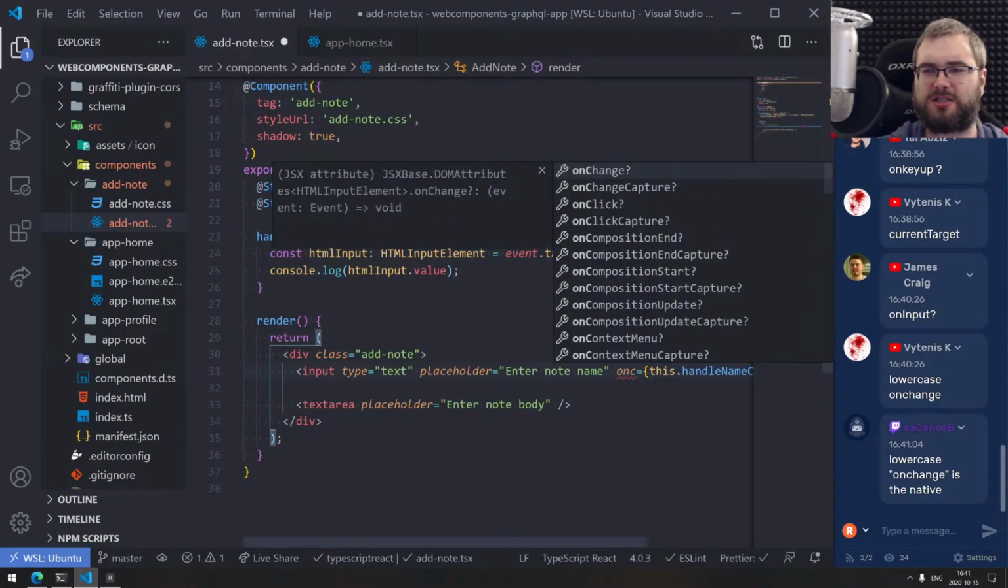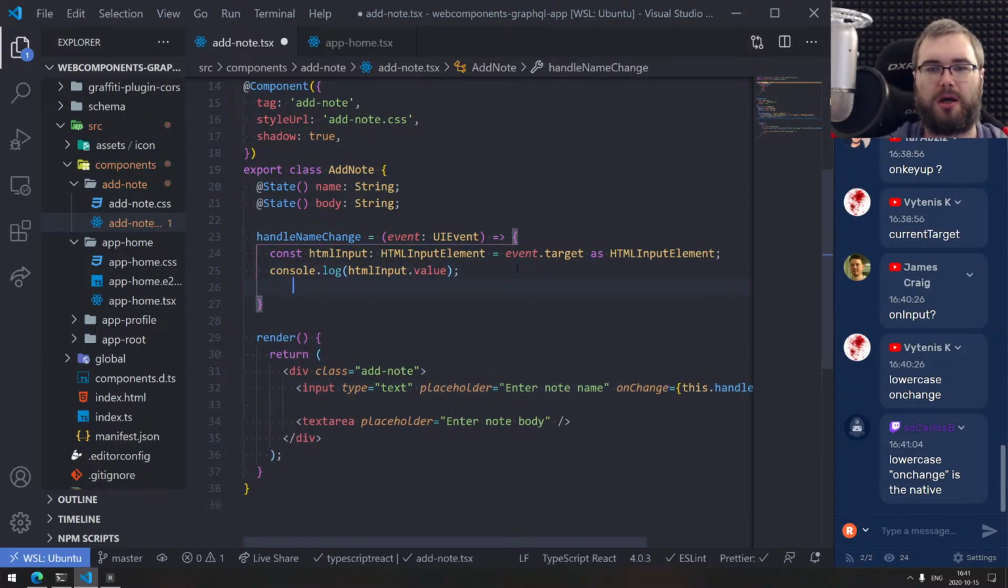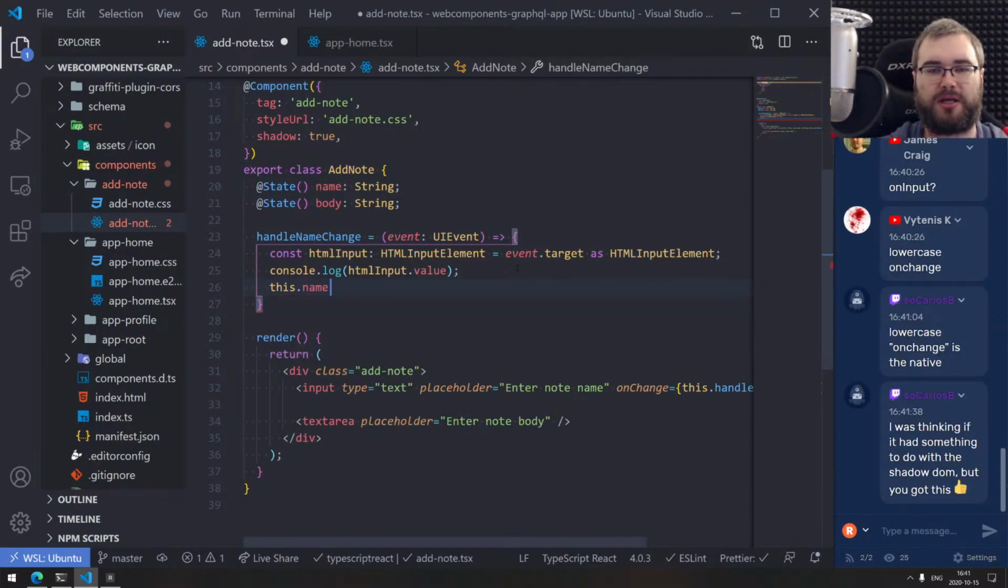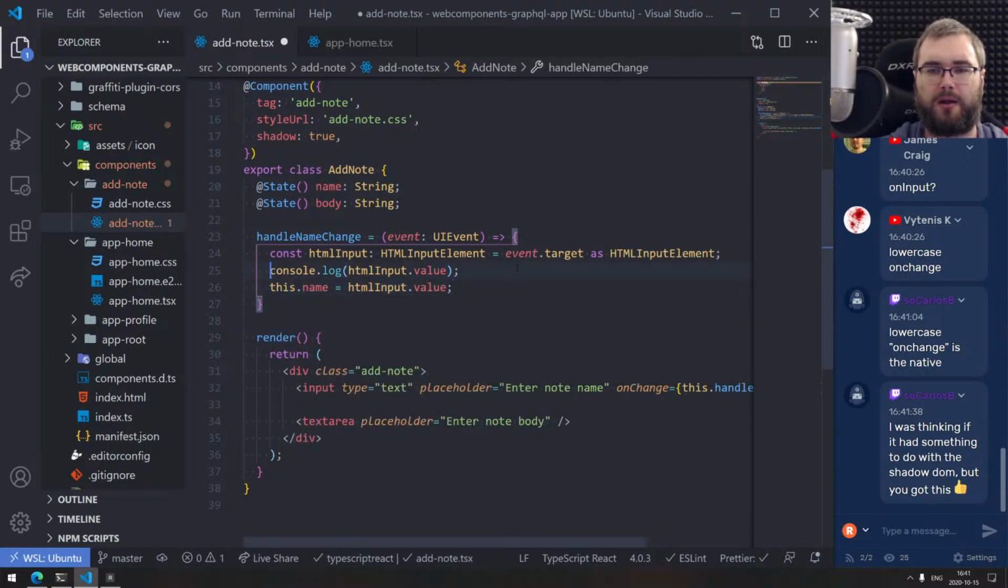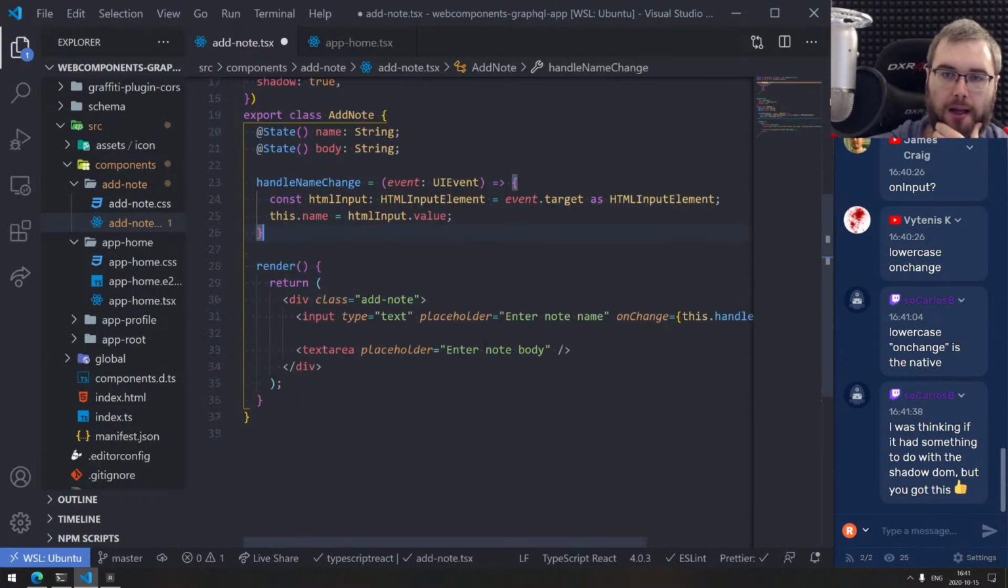Yeah, why not? On change is fine as long as we know how it behaves, which means that this only will get committed once we hit the enter, so which means we can say this name is equal HTML input value. Okay, and then... right, so the next question here would be... So I guess we can do the same for